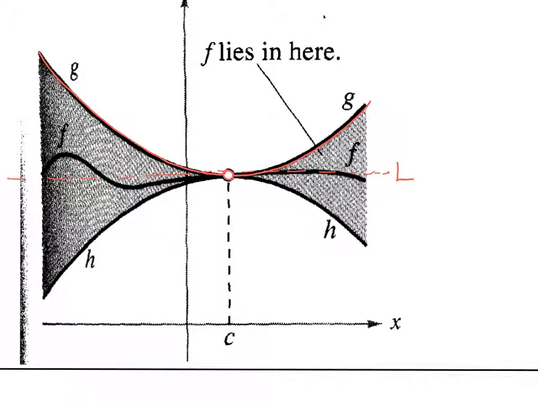Now, let's look at h. H is down here. And it's going along. It also may or may not exist here, but then goes along this way. Okay? Now, what would the limit of h be as we approach c? Same as g. Same thing, okay? It's also L. Right? Yeah, that didn't turn out too well. Okay? It's also L. So,